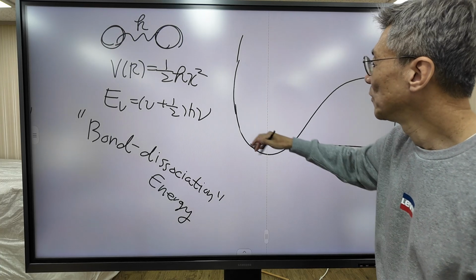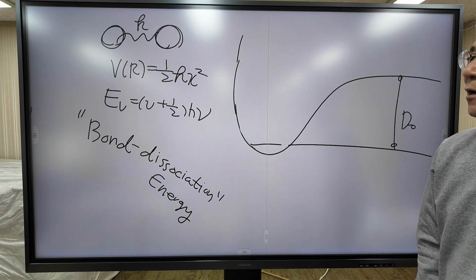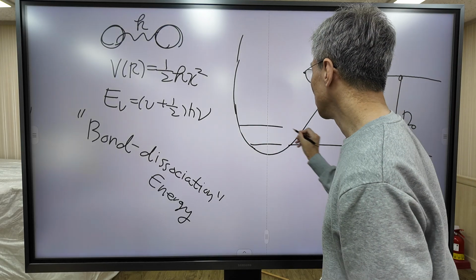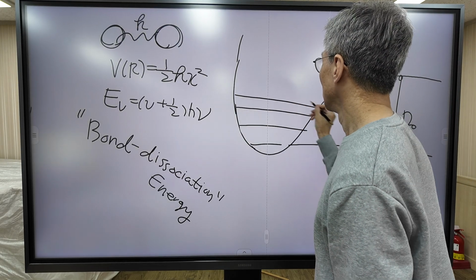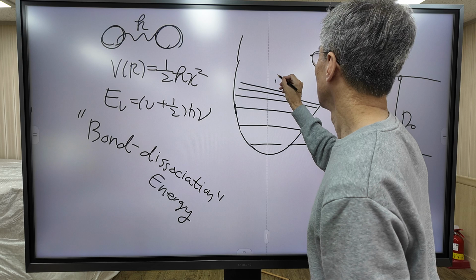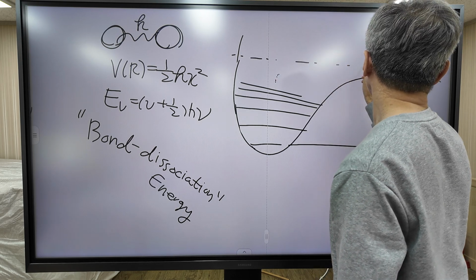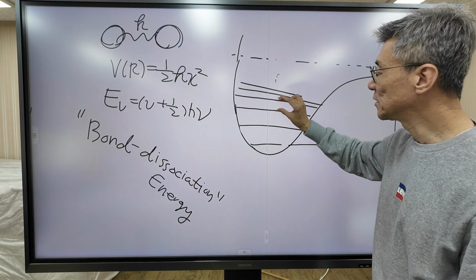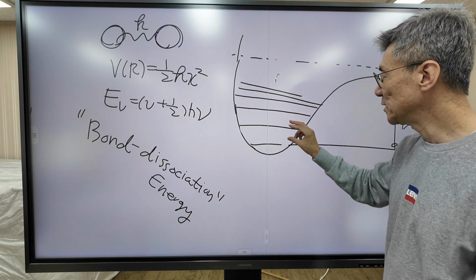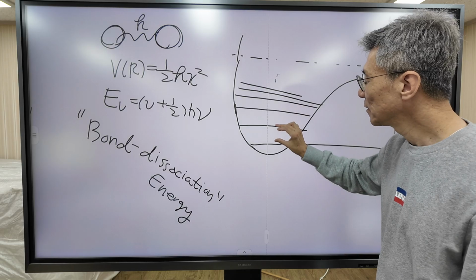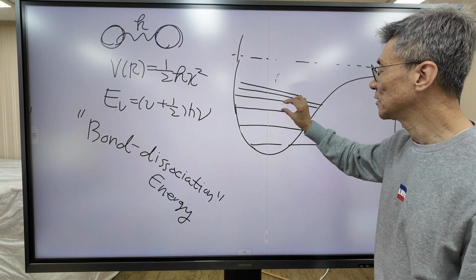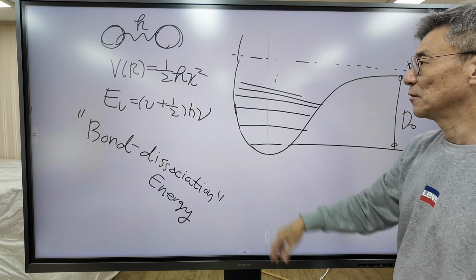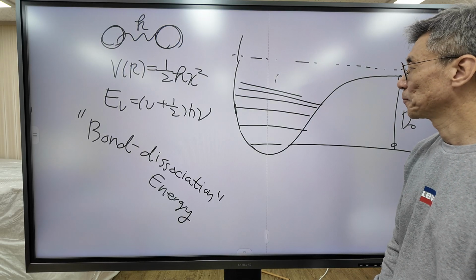And furthermore, when this potential is put into the Schrödinger equation, the energy levels also change. The energy levels look like this. In the harmonic oscillator model, the energy spacing is evenly spaced, the same amount. But as you can see in this picture, the energy spacing decreases continuously, progressively closer to each other. This is the anharmonic potential energy.